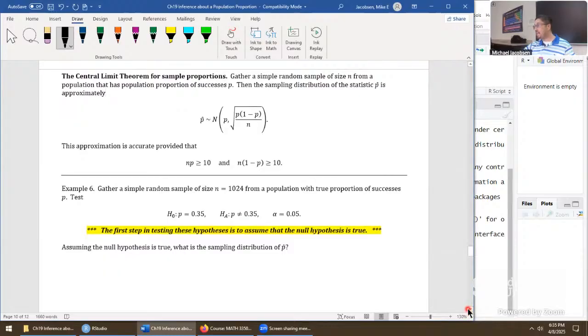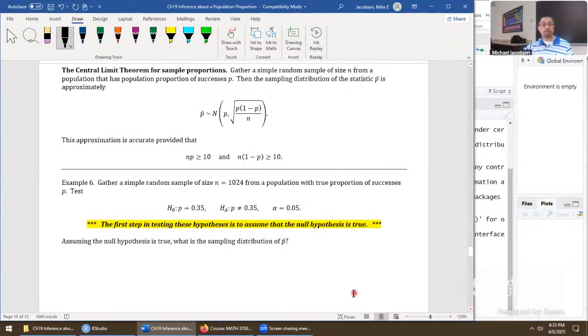It's going to be used in a way that was never used in chapter 14, quantitative data, nor chapter 17, nor chapter 18. And the reason our method is so different this time is this is a one parameter description for the central limit theorem. The true population proportion P emerges both as the central value and it's part of the formula for the spread of the distribution as well. So that has humongous ramifications for us.